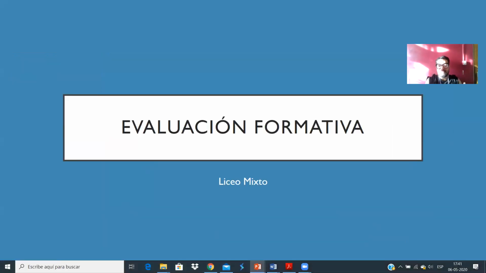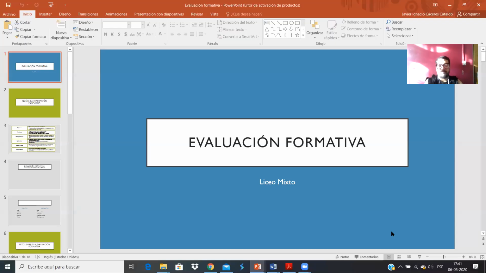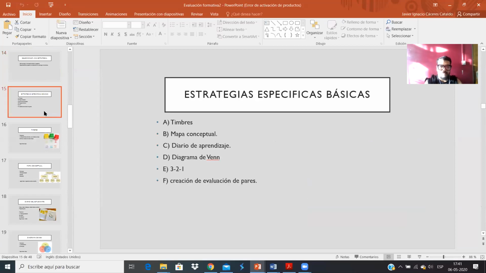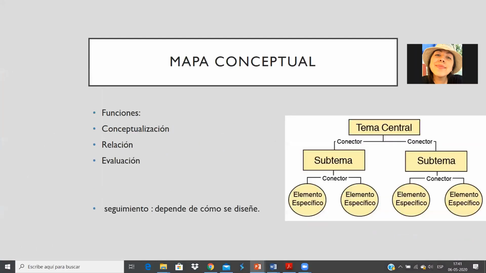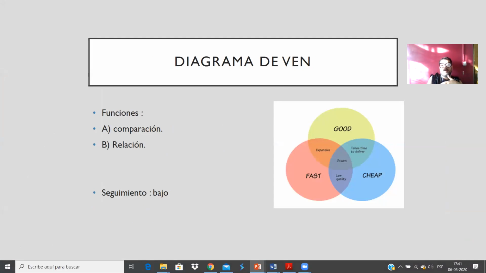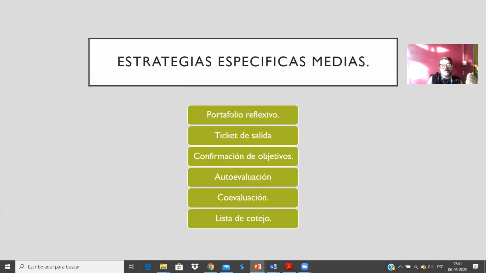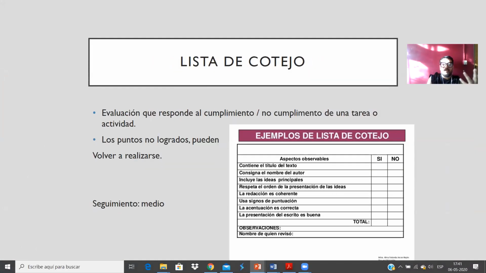This is in Spanish, and I will upload this. So for example, what could be formative? I think that we also checked this in a class before, right? Formative can be your stamps or timbres, make students come up with a mind map, a student's journal, a Venn diagram, the 3-2-1 method, a student evaluates another student, a portfolio, an exit ticket, an objective checklist, an evaluation, a co-evaluation, una lista de cotejo, a list, which is just yes, no,